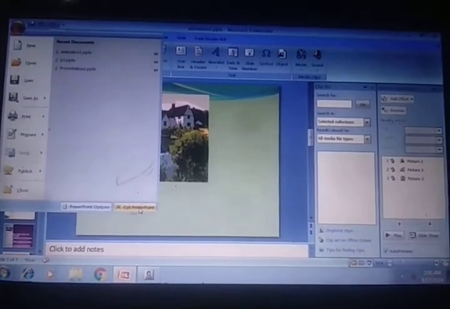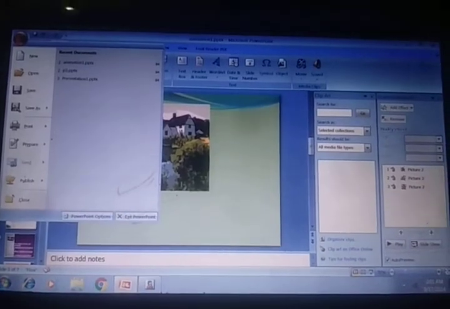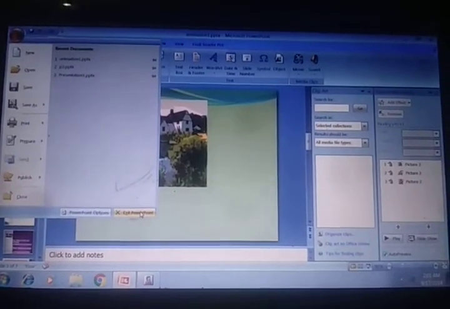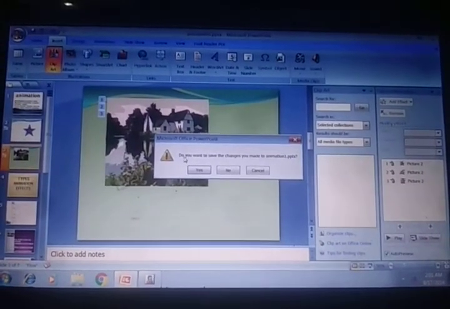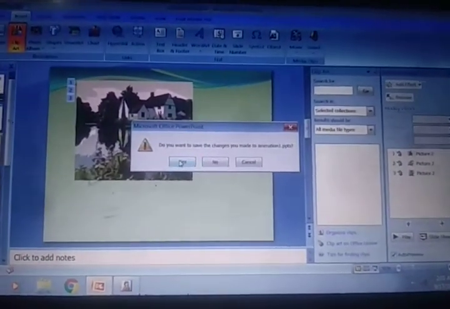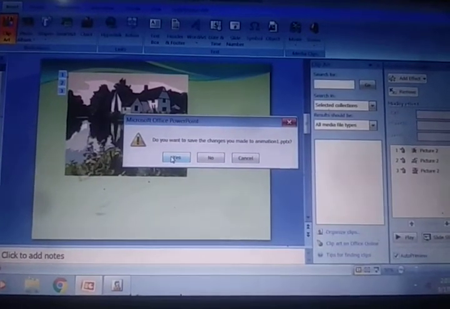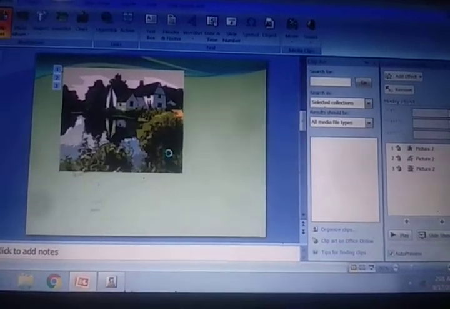Okay, or you can click exit PowerPoint, or there is a close button also. So anywhere you can close. Here it asks, do you want to save the changes? Animation 1. If you say yes, then all the changes will be saved in Animation 1.ppt. Okay.